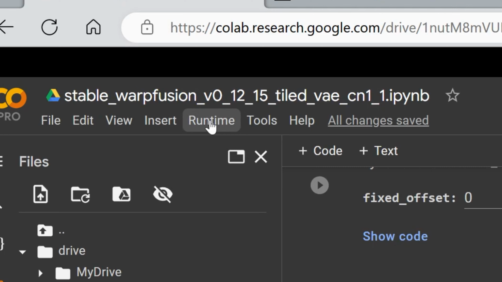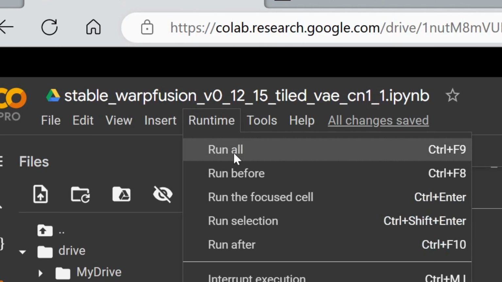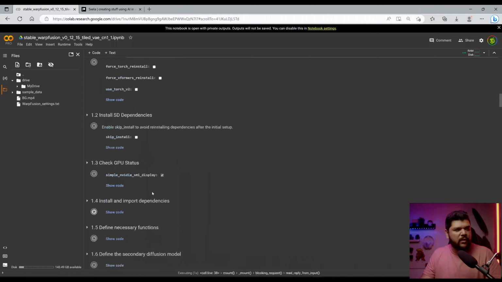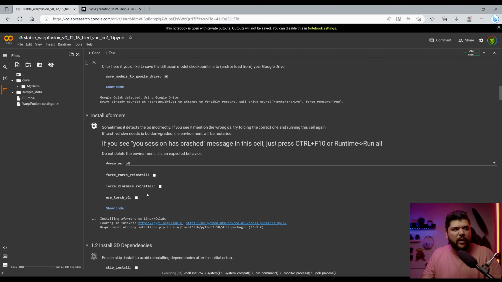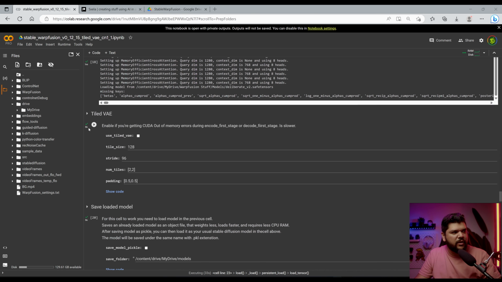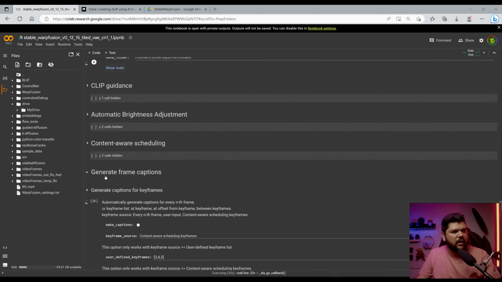So once we put our settings here, we're going to go to the top where it says runtime, click on that, and then click on run all. It's going to start to run all these cells. This may take a while, so just be patient. Once everything's been executed and you get all these green check marks next to these play buttons,